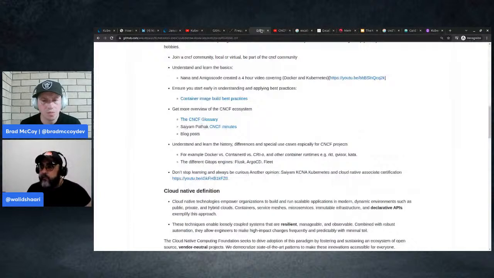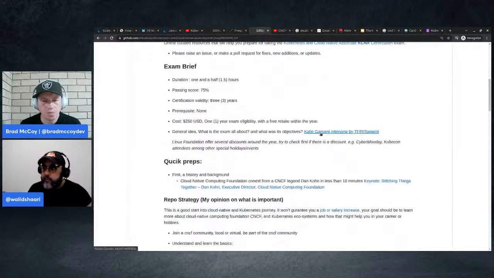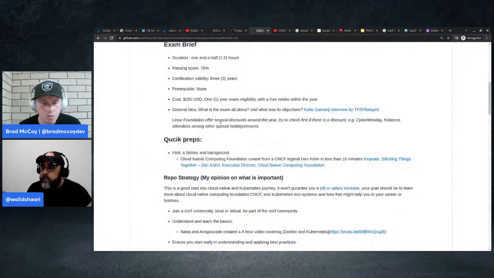So we talked about the cost. Basically Kathy Gamenji was one of the co-leads, and she did the test mostly. The other co-leads, like Chris, collected around 30 SMEs, asking what kind of subjects and categories they need to add and some of the questions. But then Kathy basically took over and did most of the work. So the discount, we talked about it.